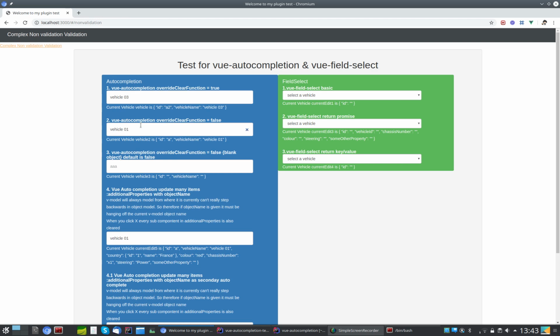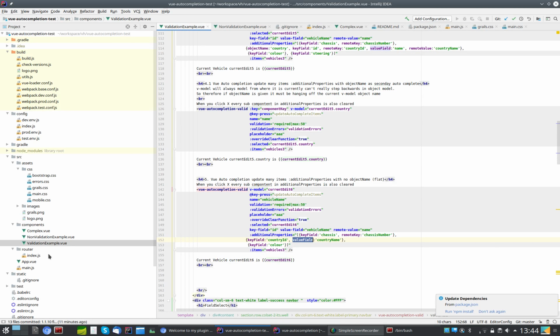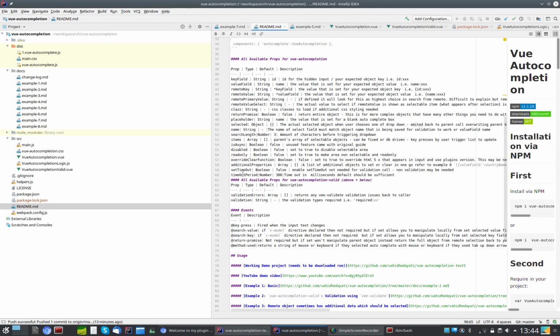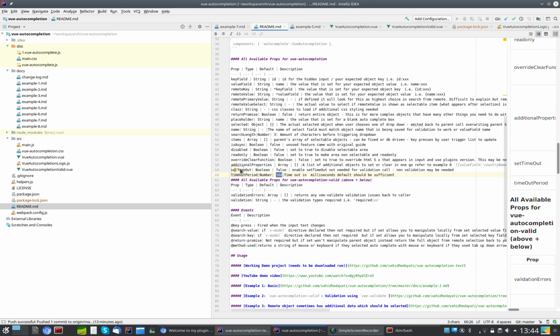You don't need a timeout for the non-validation because what we found was that the VeeValidate kind of interferes, and that's why you need this timeout. And this also goes to an own timeout thing that you can set, and you can also override the timeout value. So timeout period, and by default is 300. If I increase that,